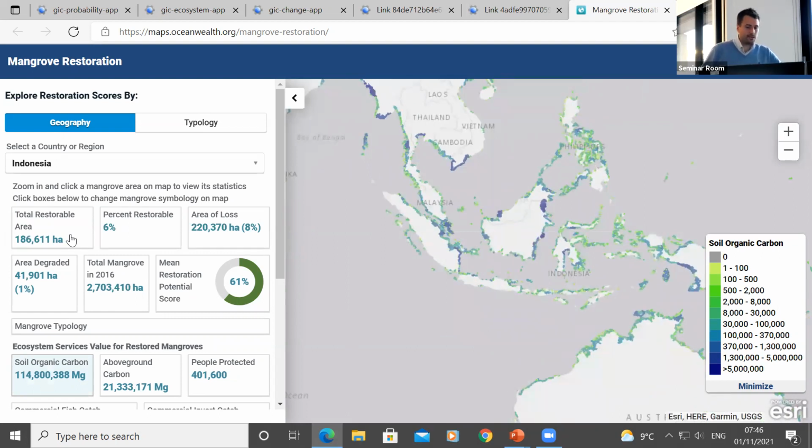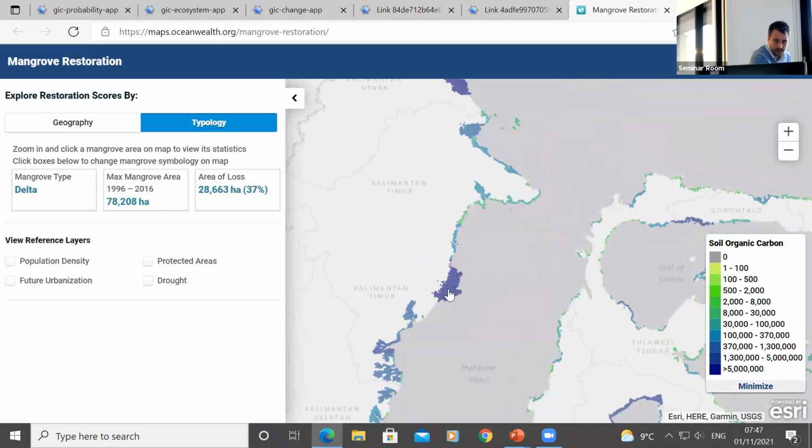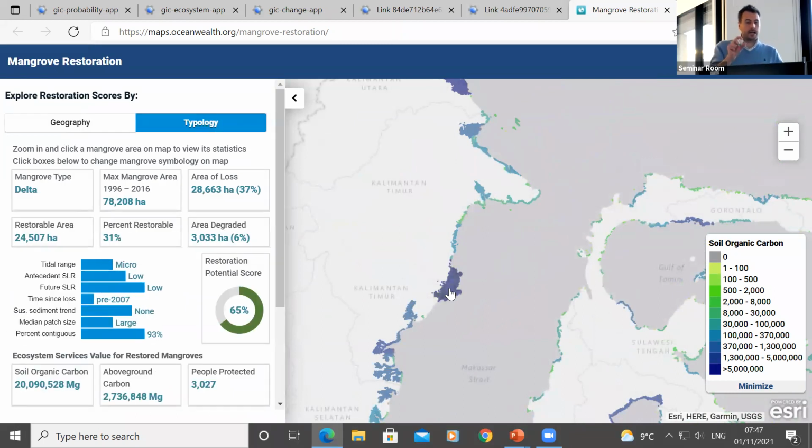So you get national level statistics. And finally, you can zoom in to even finer resolution. And if you watch this dashboard here, this changes in a minute. So I clicked, and now I'm just highlighting that individual delta. So that's giving us a restoration score for that. It's telling us what the data that went into it here in terms of the 7 variables that I talked about, but also gives you individual ecosystem service values for that. So you can get like a hierarchical level of data analysis.